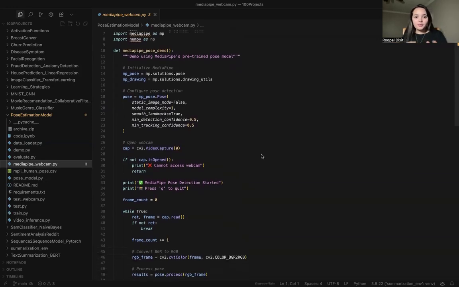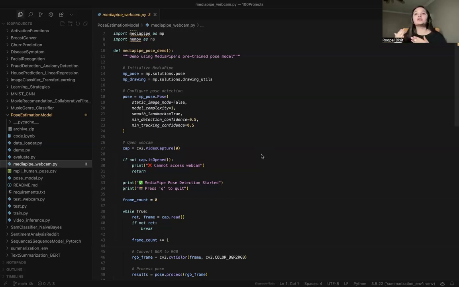So let me go through how the process works. This Python code uses your webcam to capture the video, maybe live. If you have a video already taken of you before, then you can provide that also with the address of your video. And it's going to process each frame to detect a person's pose. Like if the person is standing, sitting, what is the posture, how they are doing. So it will basically trace where your hands are going, where your knees are, if you're bending your knees or not, if you're sitting, if you're standing.